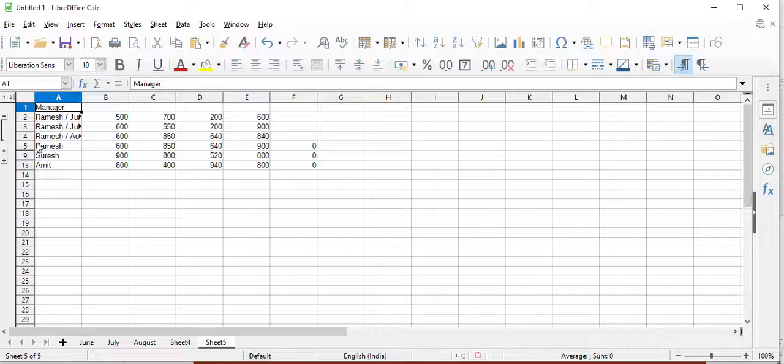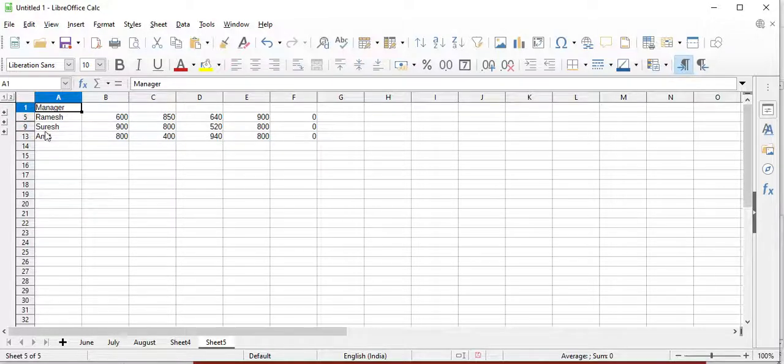So the total maximum he has sold is 600. So the maximum product he has sold, that is 600. In the South area 850, in the East area 640 and in the West area this is 900, he has sold the most amount. Like that you can see for the other employees, other managers also.